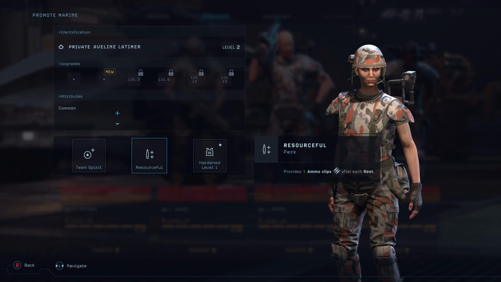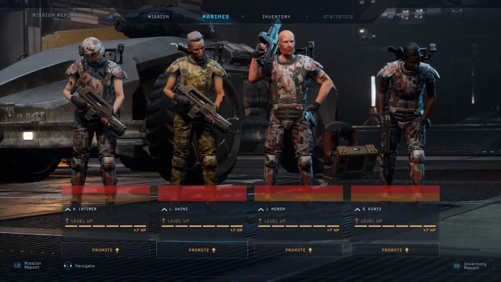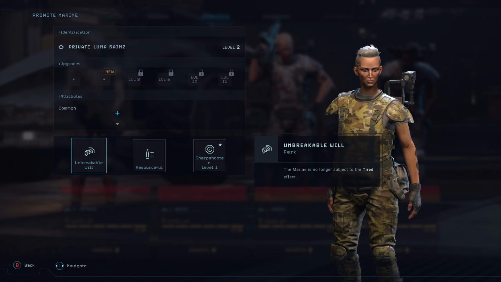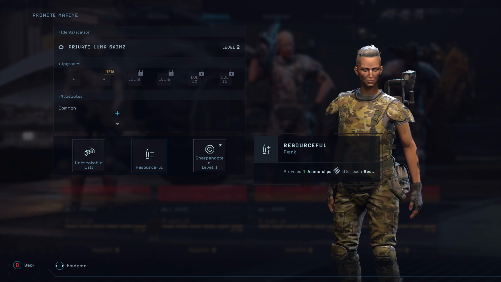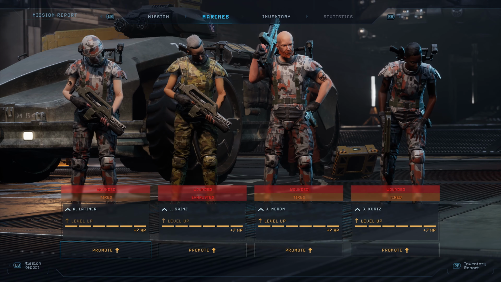Okay, Team Spirit, if we've got another one of these guys that rolled it. Ooh, provides 1 ammo clip after each rest. That's actually pretty good, too. Okay. Increase the Marine's maximum accuracy by 5. Provides 1 ammo clip after each rest. Marine is no longer subject to the tired effect. As in, she can't be exhausted ever, or just that the first stage doesn't matter. I'm not sure precisely how that works. And then let's see what did he